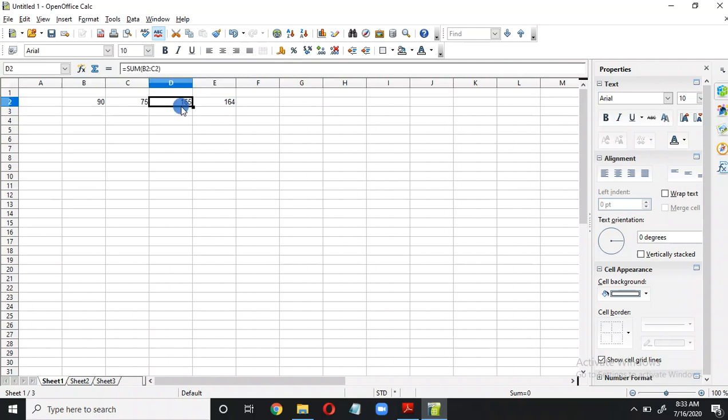Why? Because here I have used the formula with B2 and C2. That means whatever number is in B2 will be taken, whatever number is in C2 will be taken, and then addition will be done. If I change the number, it hardly matters, it will automatically replace the sum by a new number because we are taking the cell address.